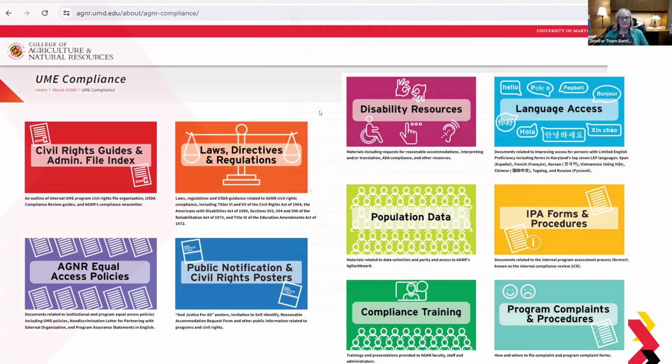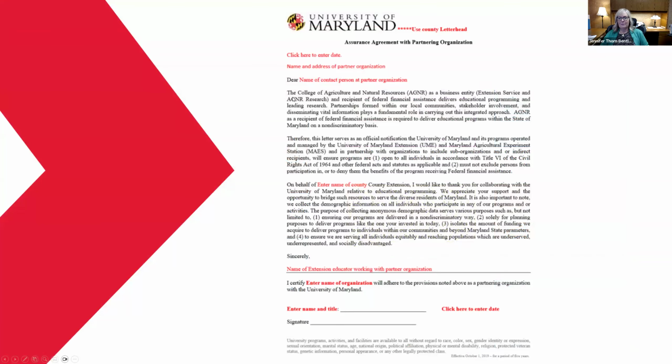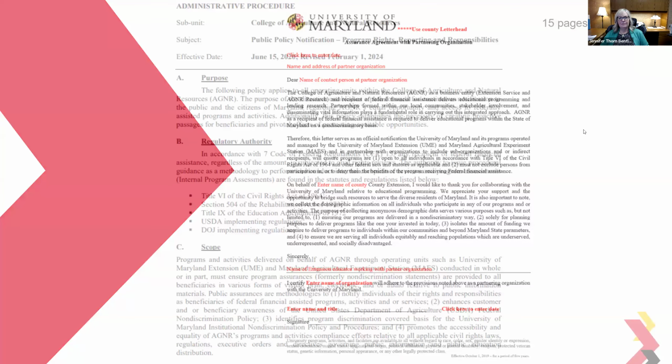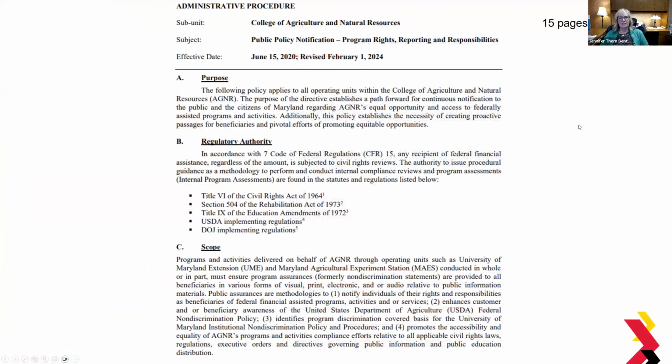So I mentioned the assurance agreement. This is the form, and I'm sure many of you have already seen it. You complete those sections and make certain that our partner does sign that, and we have that on file. And then I wanted to draw your attention to this procedure, which is linked in that website that I just showed you, but has been updated